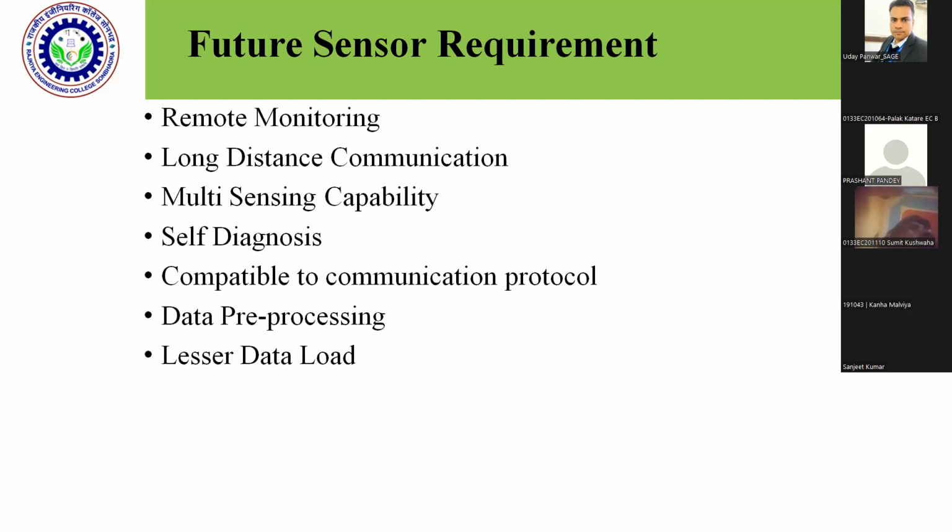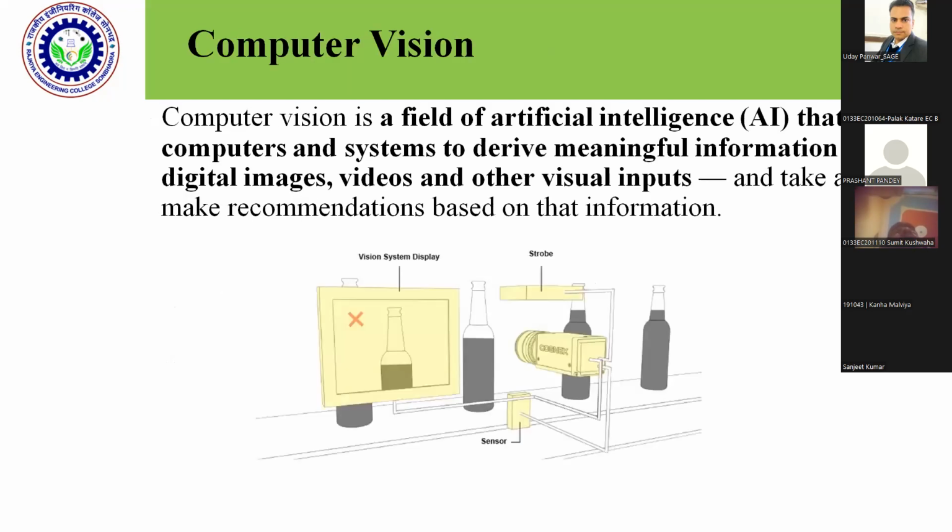Data pre-processing: a huge amount of data will be sensed by the sensor, but that should be pre-processed. Only useful data should be transferred to the other end, with a lesser data load. So what is the upcoming era of the sensor? This is computer vision. If we have a camera, and with the help of that camera or images, we can make our algorithms so powerful that by the help of those images or videos, it can detect a large amount of data required, whatever amount of data is needed, then